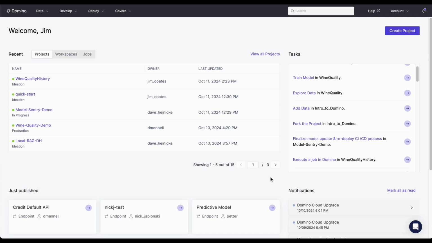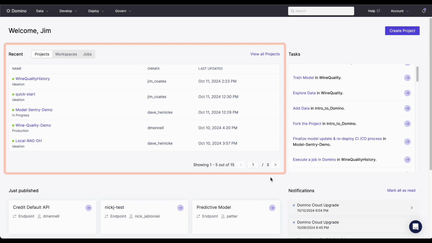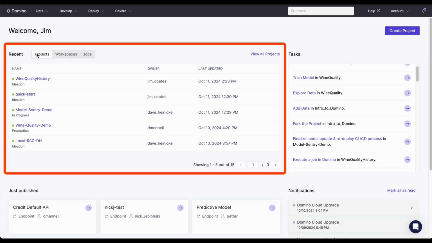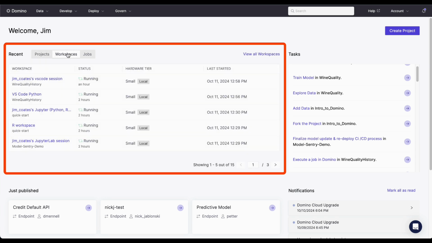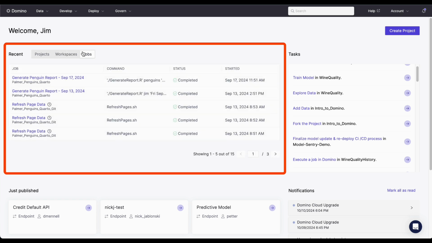We'll start here at the brand new Domino home screen. This landing page is designed to bring all your commonly used tools to the forefront, streamlining navigation and making it easier to execute efficient workflows on Domino. Front and center, you'll notice a consolidated view of all of the projects and workspaces you're responsible for, allowing you to quickly switch between development activities and keep track of all your work. Additionally, you can easily view the statuses of your completed and active Domino jobs, giving you instant insight into the